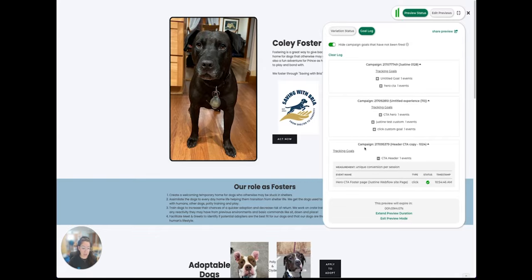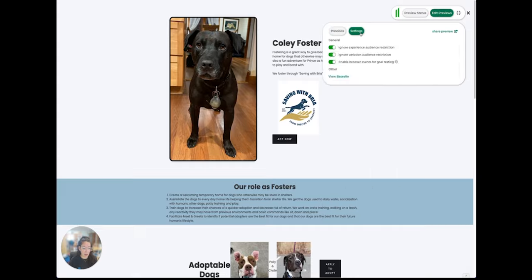But for this case, I'm just trying to QA the singular optimization. So I just want to look for that name in the parentheses, see the event, and now essentially we're good to go to launch. The last thing I'll call out here is that in the edit preview section under settings,